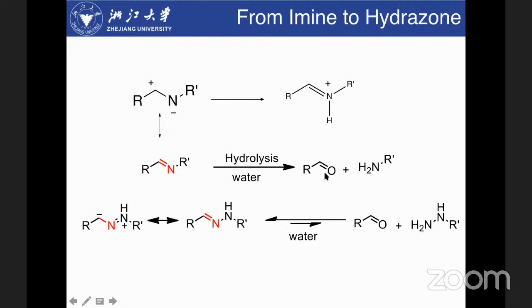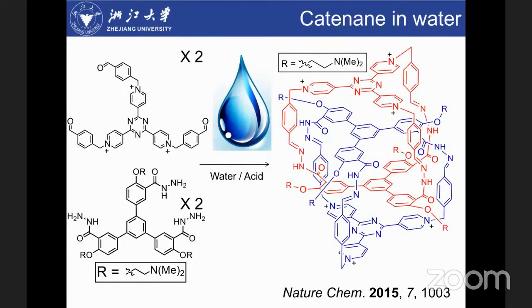Of course, the oxygen would like to bind with the imine to do the imine hydrolysis. But if we do the nitrogen substitution, we switch the imine to a hydrazone, right? This is a hydrogen. The hydrogen will undergo electron delocalization. The hydrogen will move the electron from the nitrogen to the carbon here to make this carbon negative. If this carbon is negative, which means this carbon is less electrophilic, and then the water would be unlikely to come here to destroy the imine bond here.